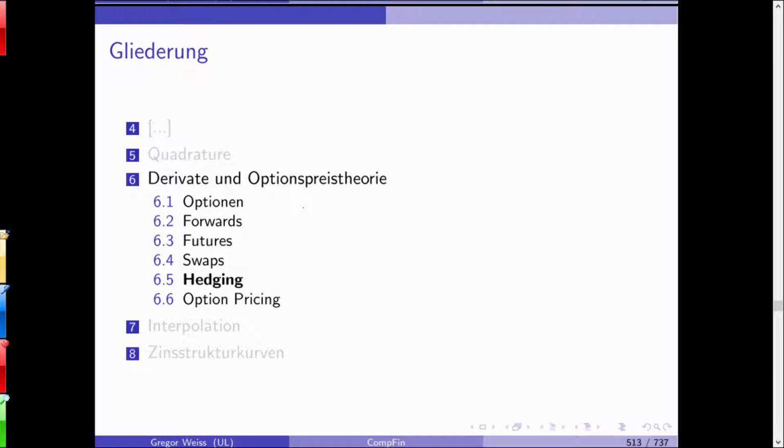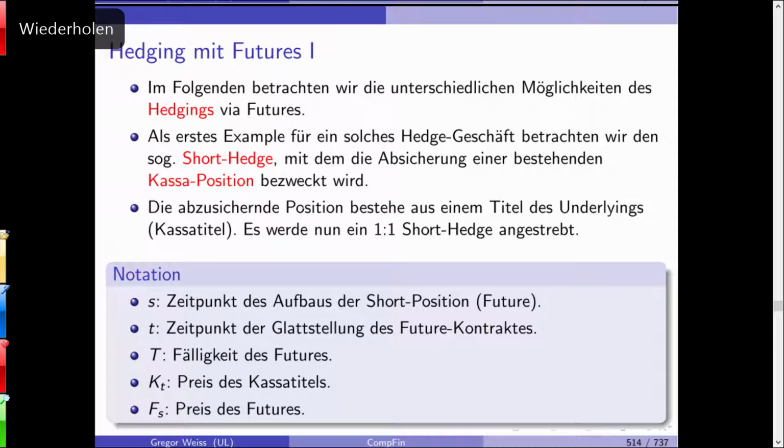Now these are swap contracts and forward swaps and swaptions. And now let's turn a little bit to hedging, how you can hedge with futures and forwards. This is also very simple, actually. First example is we want to use a hedge instrument, more precisely a future, and we want to do a